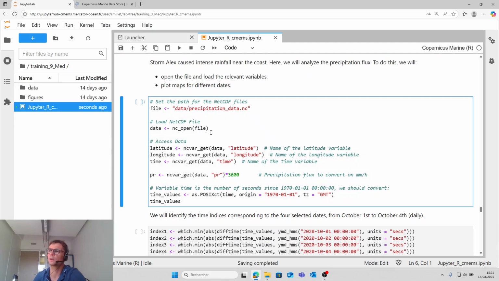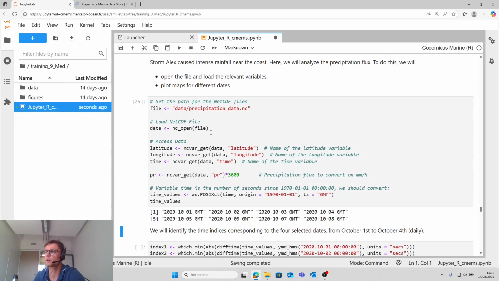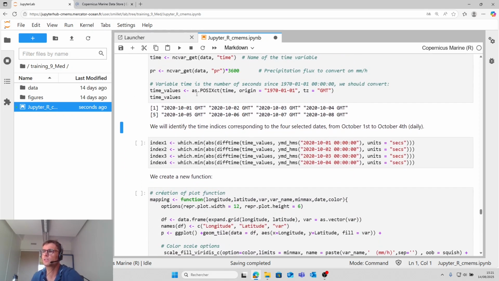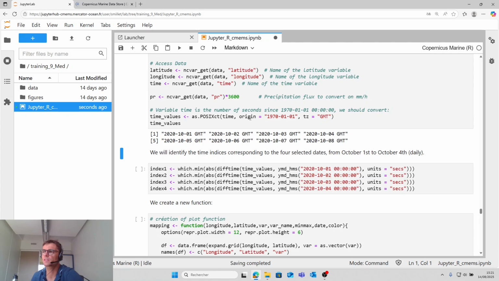First we load all the variables. It is the same code that we have seen before. We identify the time index corresponding to the 4 selected dates, from October 1st to October 4th, and it is daily.